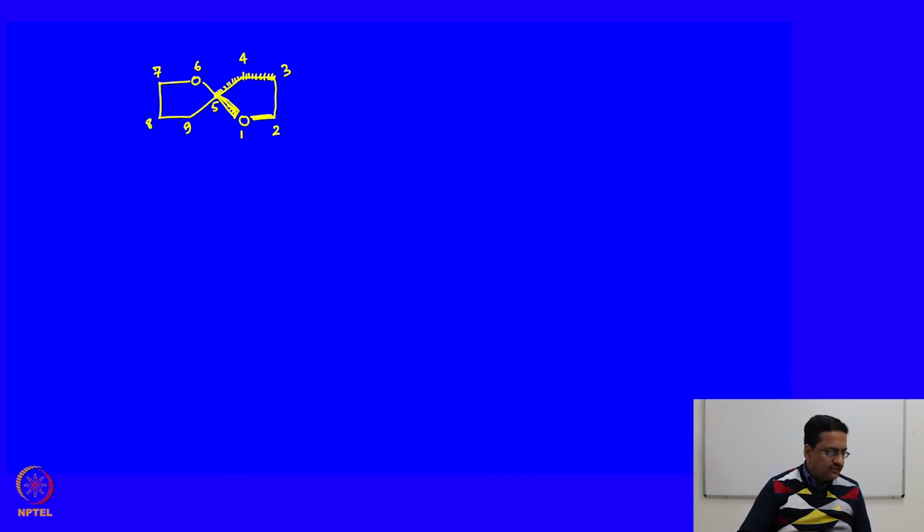As per IUPAC nomenclature, we should simply write the name as 1,6-dioxaspiro[4.4]nonane, 1, 2, 3, 4, 5, 6, 7, 8, 9. So, it is